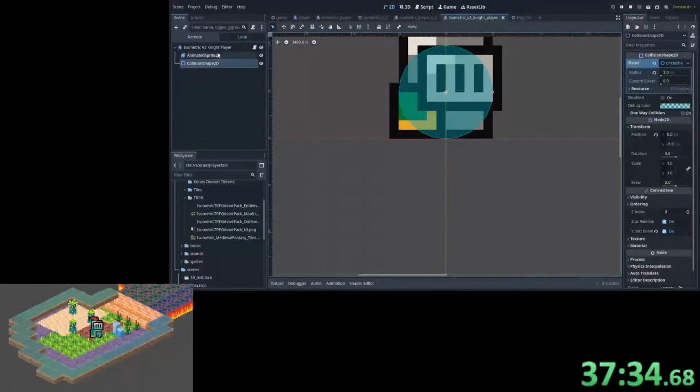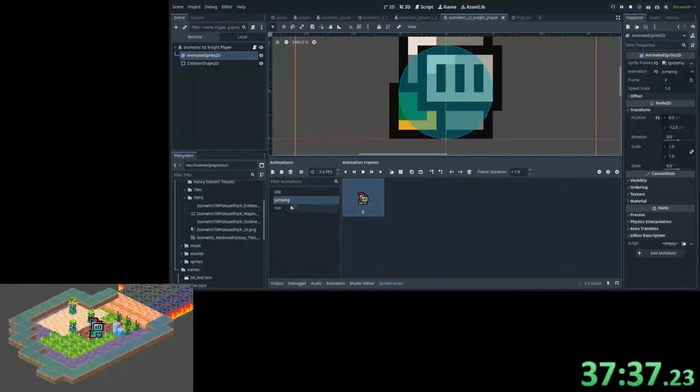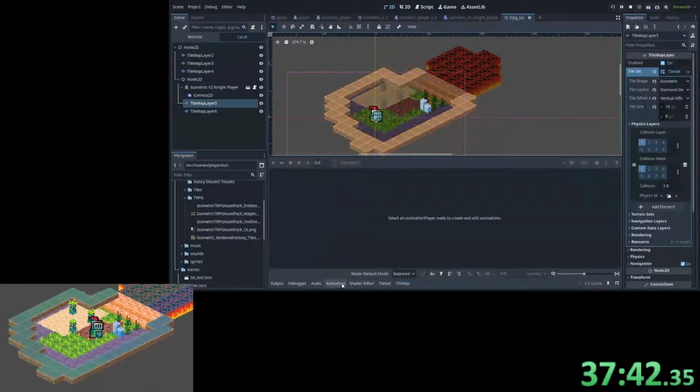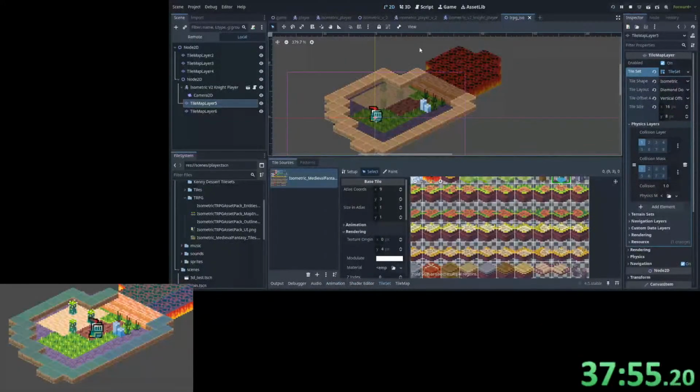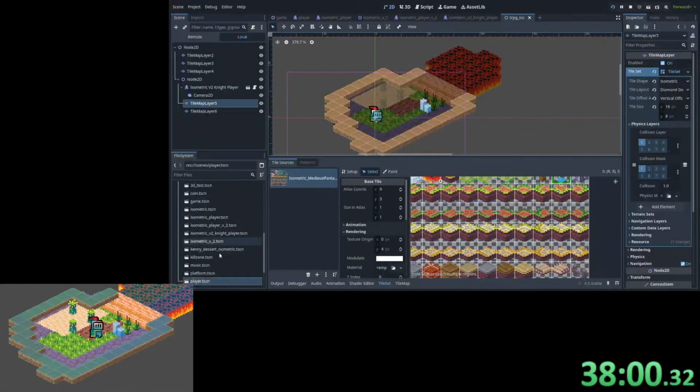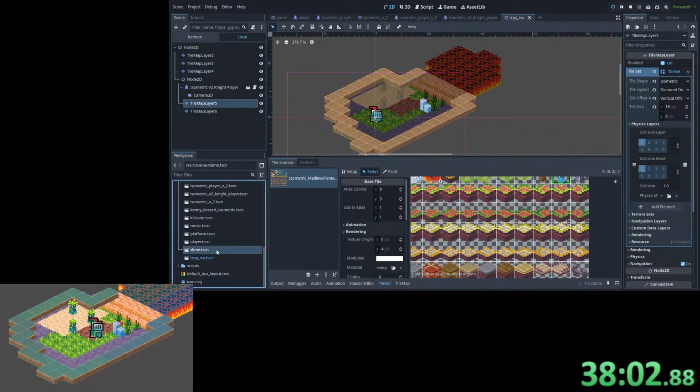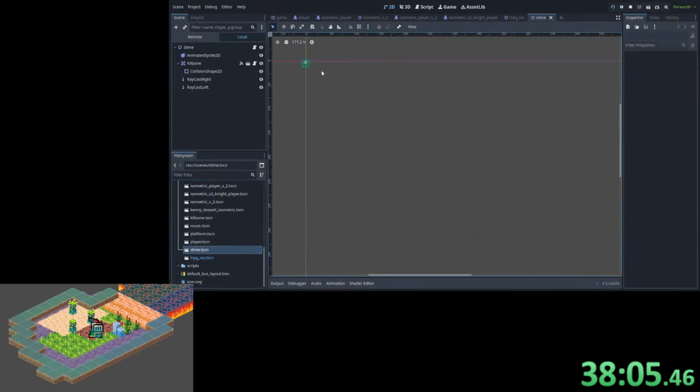I guess my player, this is a tile set. Or it's sprite frames, it's an animated sprite. It's actually not a tile set. But I could, can I make it? It's not an animation, it needs to be animated. Tile maps are not animated. So I have a slime that's animated. And it goes left and right, but